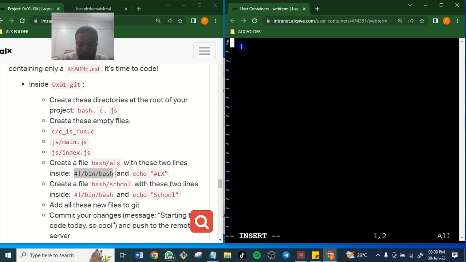Okay, exclamation mark, slash bin, slash bash. So let's go. Enter. It's not on a straight line, no. It must not be on a straight line. They say two lines. So it has to be on two lines. So let's enter the second one too.